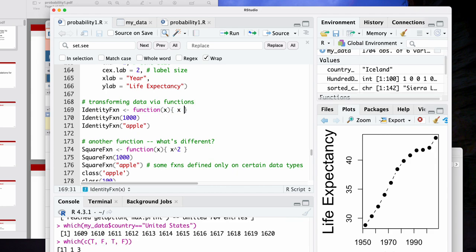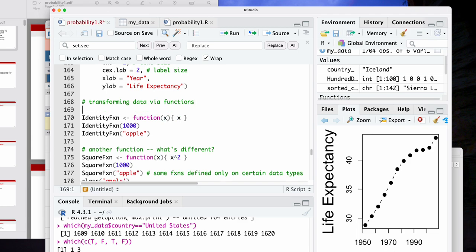A function, what is a function? Well, a function is something that you can define in R, and basically it's going to take in an input, and it's going to do something to it. Not all functions need an input. So for example, I could write a function that looks like this. Or maybe rbinom is better. rbinom(10, size = 1, prob = 0.5).